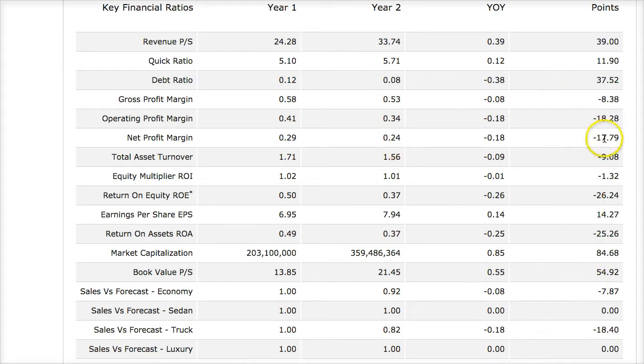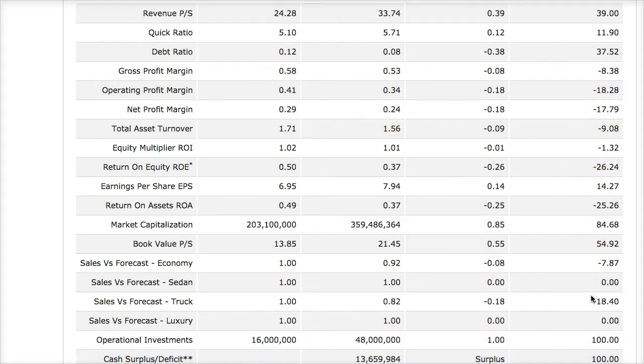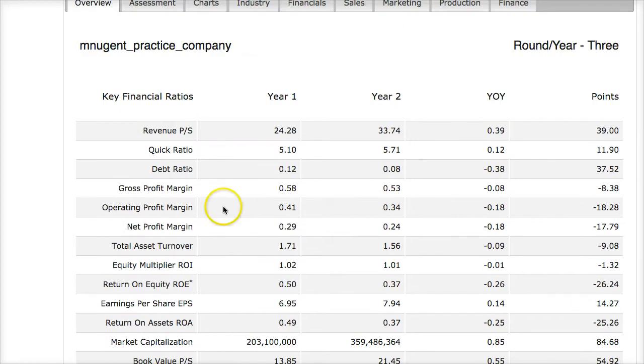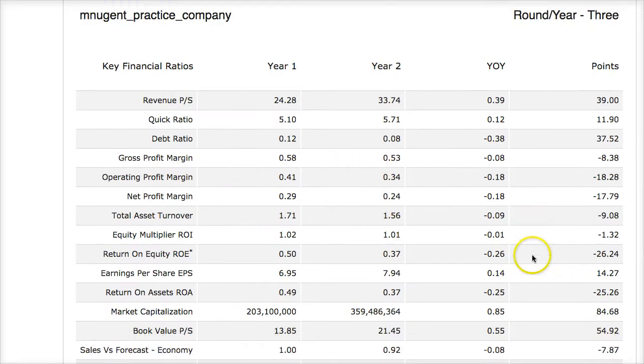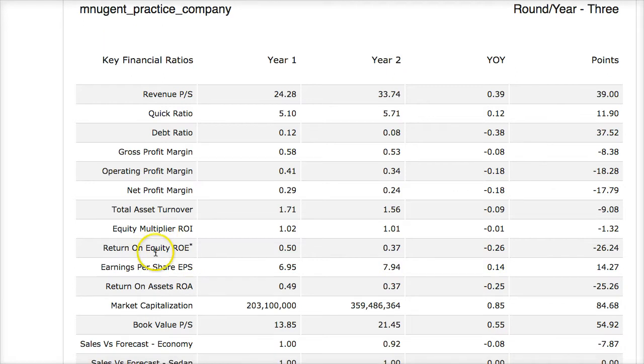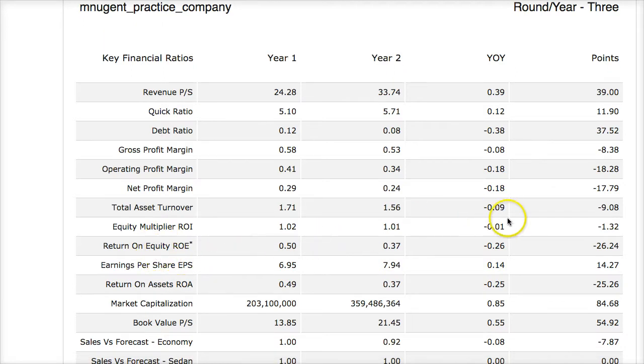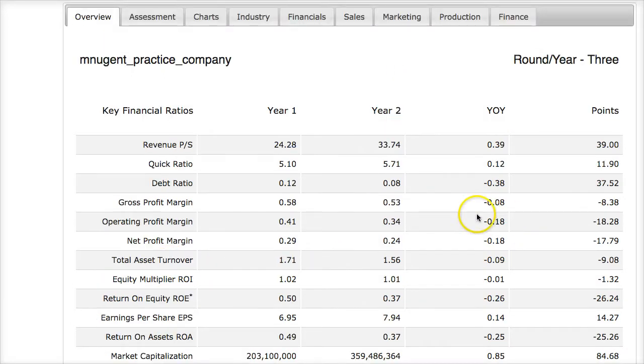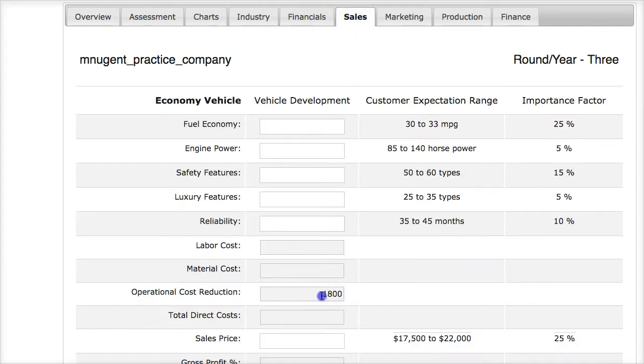That ripples through a lot of metrics here, because if I don't increase my profit margins, I'm not increasing my returns on assets, on equity. I'm probably going to be pulled behind in a lot of categories. So why wasn't I able to get my profit margins up? Well, last round 1 I had very high profit margins, so that made it difficult. And I didn't have enough cost reductions. You'll see now that I'm in round 3, my cost reductions jumped from 600 to 1800, which will help me get higher profit margins.